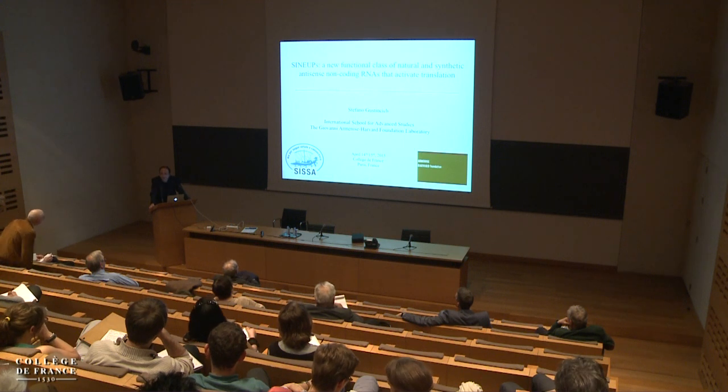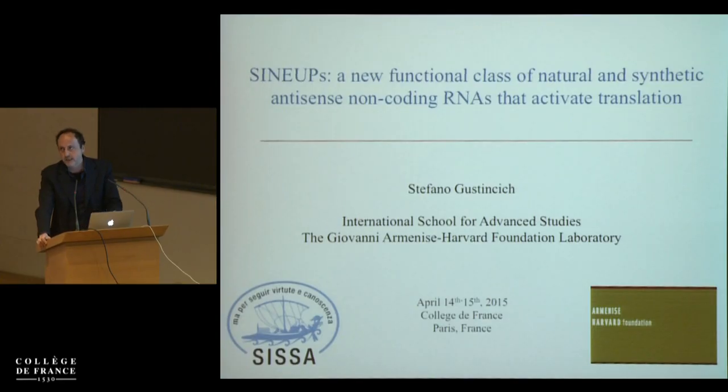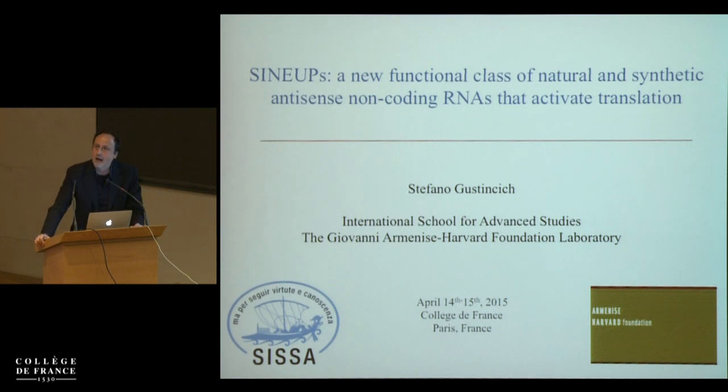My talk will be divided in 3 parts. First, I will briefly introduce the concept of long noncoding RNA and antisense transcription. Then I will share with you approaches and data that we have accumulated over the years on the presence of antisense and long noncoding RNA transcripts in genes associated to hereditary Parkinson's disease and/or selectively expressed in dopaminergic substantia nigra. And in the remaining part of my talk, I will